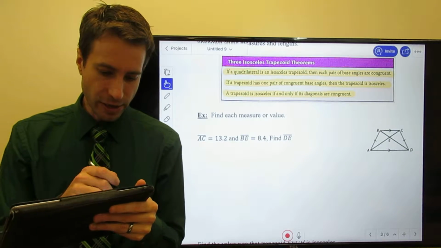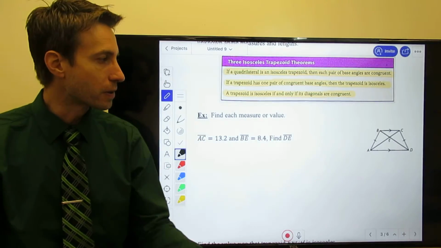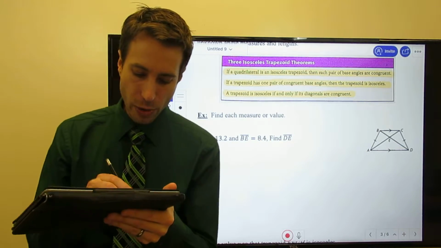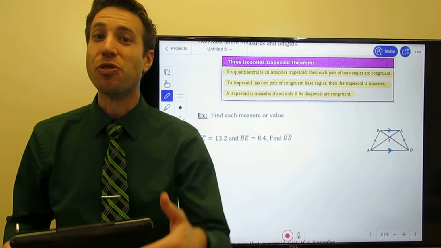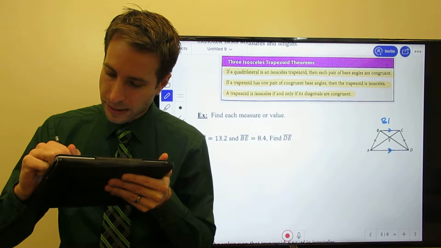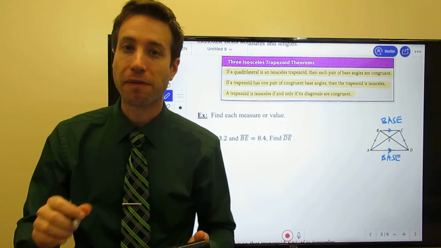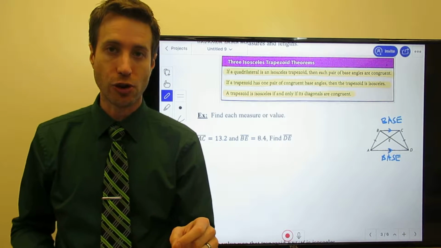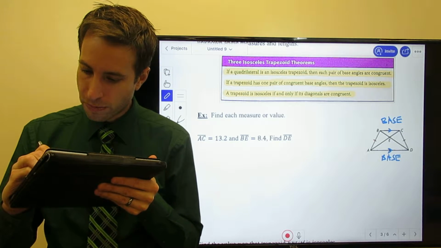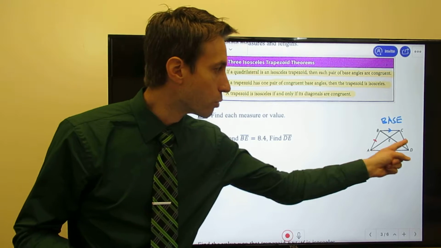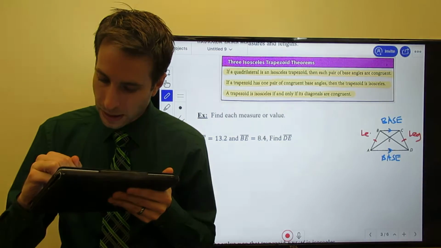I'll leave those properties right there so that you can see them. And here we go. I want you to find the measure of each value, based on the diagram. Please notice that I have one pair of parallel sides. Those would be my bases. That's a base, and this is a base. But that's not enough. In order for it to be an isosceles trapezoid, the legs have to be congruent. Are they? You bet they are. I tell you right there that those two opposite sides are congruent, and since those are my legs,